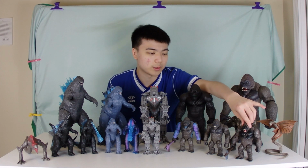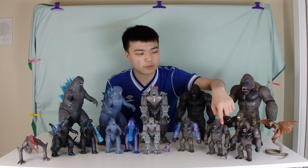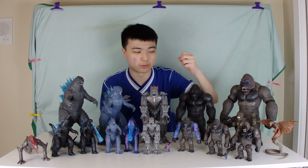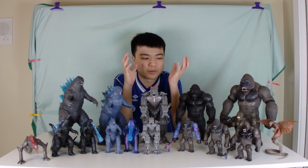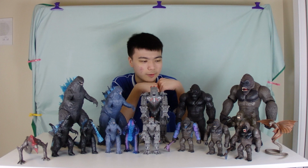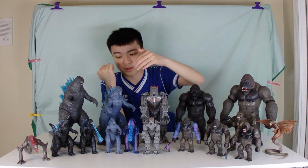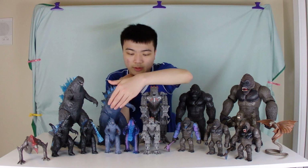My favorite one, of course, has to be Kong with Battle Axe and the Kong with Fighter Jet second, because Kong with Fighter Jet is much calmer, with a not so battle-ready expression, and it's just nice to have one figure or a character that's not all aggressive and ready to throw hands and all that. So there's that. So the other 6-inch figures obviously include our G-Man himself, Godzilla, and of course we have